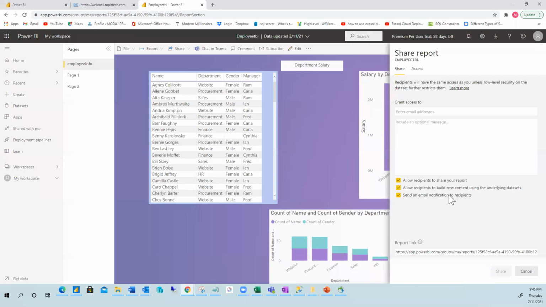All right. So now you cannot share a report like this if you are not using Power BI Pro. I'm using Power BI Pro. You can actually use Power BI Pro for 60 days. All right. I actually started mine, I think, yesterday or 2 days ago. As you can see up here, I'm still using the trial version for my Power BI Pro. All right. So now to share this report, you click on share and select share report, and then come here